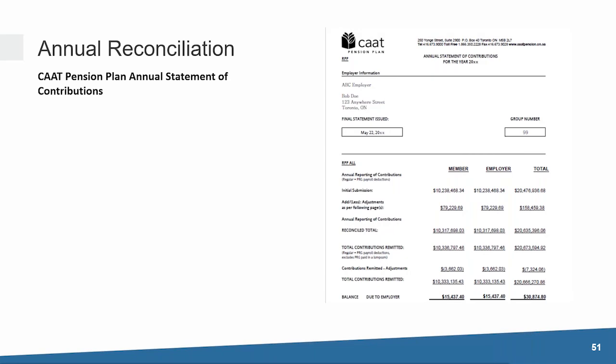On this slide, you will see an example of the CAT pension plan annual statement of contributions. The annual statement of contributions pulls all the information together in one place. The first line shows the subtotal of regular and pregnancy parental payroll deductions from the original master employer DCT file submission. The second line reconciles this figure to the final total of what should have been remitted as reported on the summary DCT file. This is then compared to the actual cash received below, with the difference formulating an outstanding balance due to or from CAT pension plan.